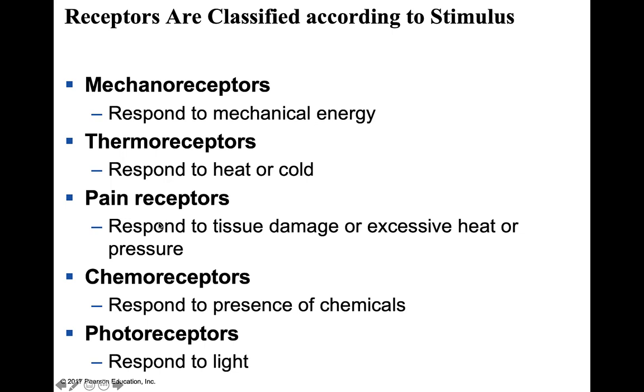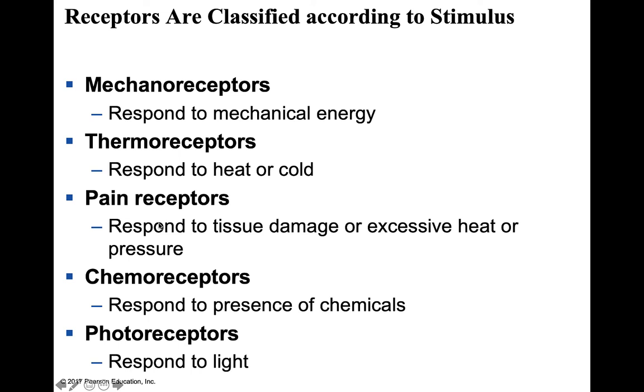Now, mechanoreceptors respond to mechanical energy. Examples of those will be pressure, touch, even sound. Okay? Thermoreceptors pretty much speak for themselves. Those are receptors that respond to heat or cold. Pain receptors are actually known as free nerve endings, and they will respond to tissue damage, excessive heat, or